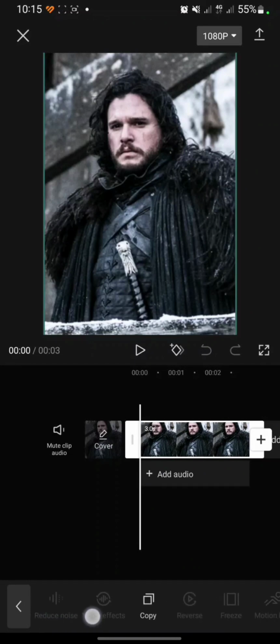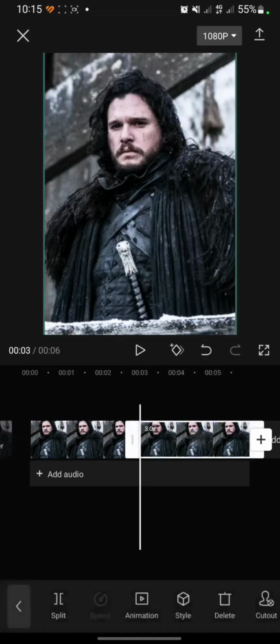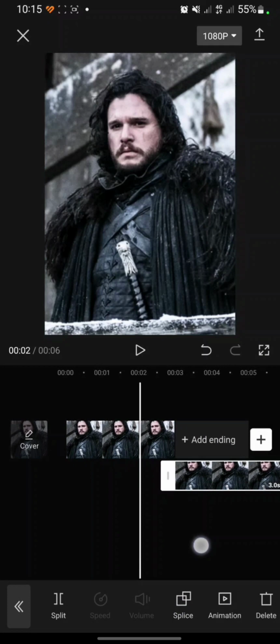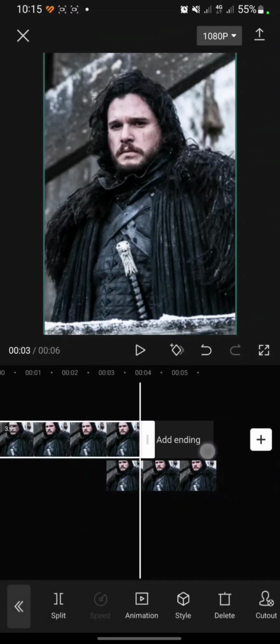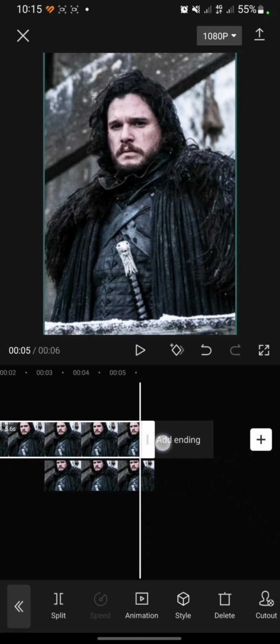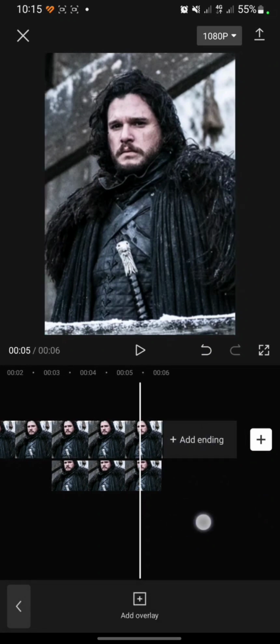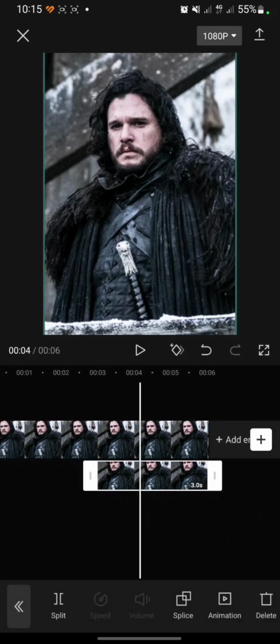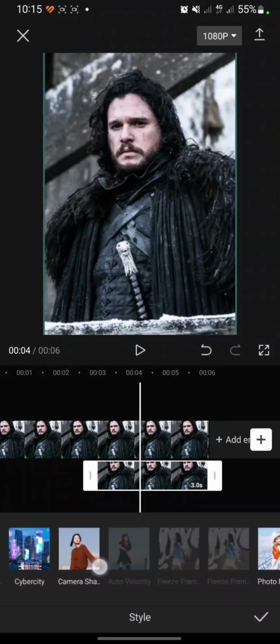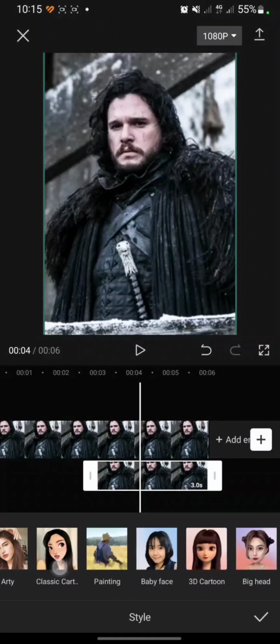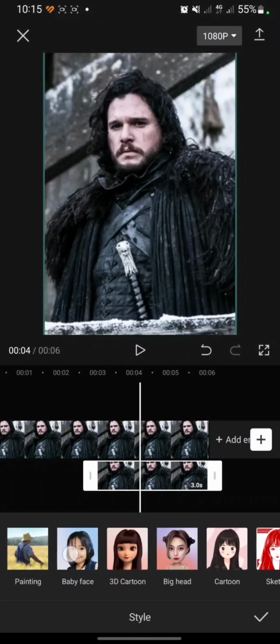Click on the clip and then click copy, and I will move it to the overlay like this, and after that I will adjust the duration, and click on the overlay clip, and then click style, and after that you can swipe right and click baby